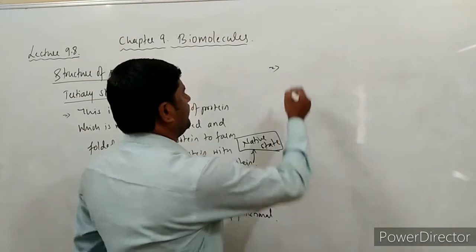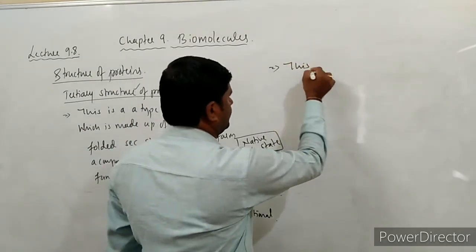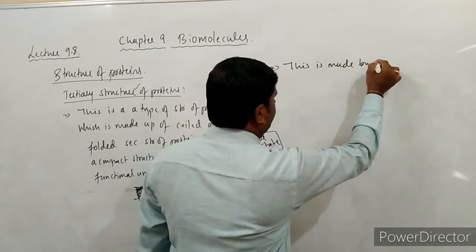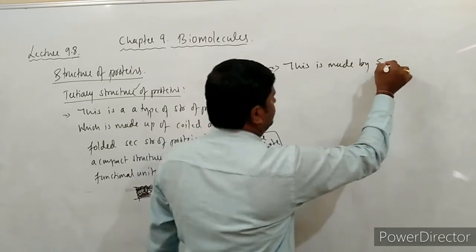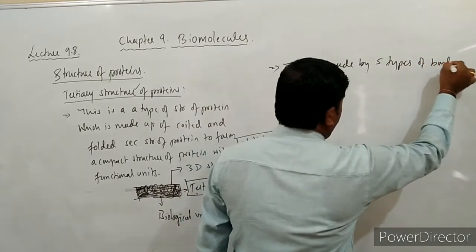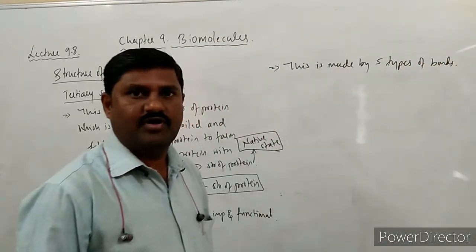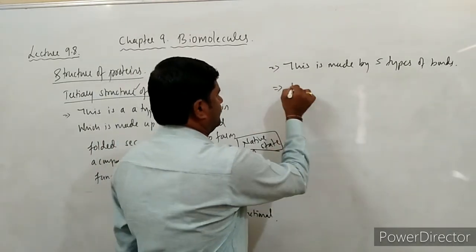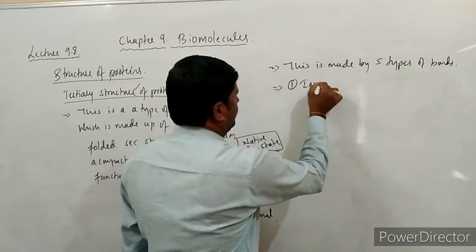This is made by 5 types of bonds. Those bonds are: ionic bond,